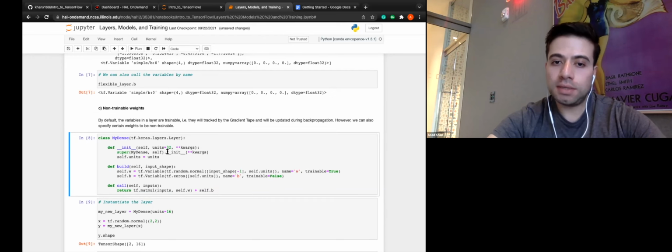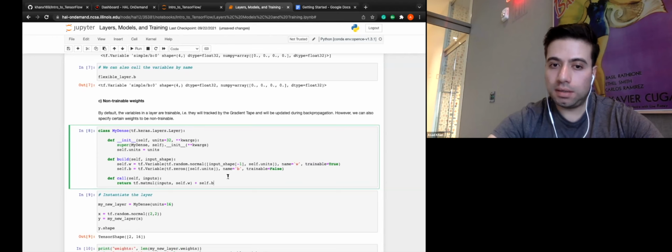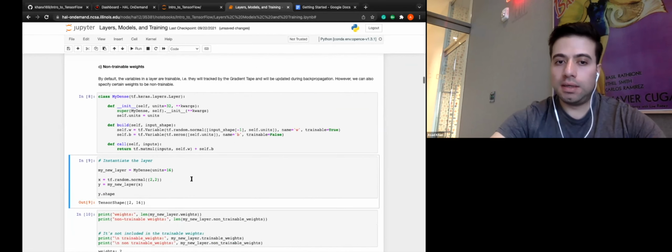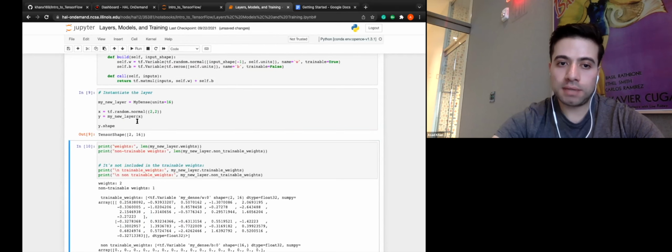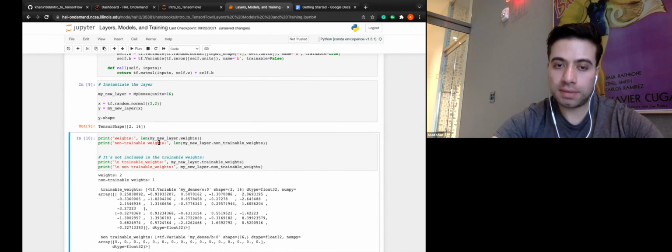And so you can do that easily by just, when you're initializing in the build method, you can call trainable and set it to true or false, depending on whether you want them to be able to update or not. Okay, so here, for example, just for the sake of an example, the bias vector is zeros, and we just set trainable to be false. It's not trainable. So now when you initialize it, it should work similar to last time, but if you look inside the layer,